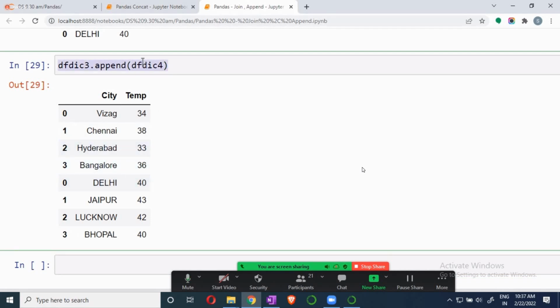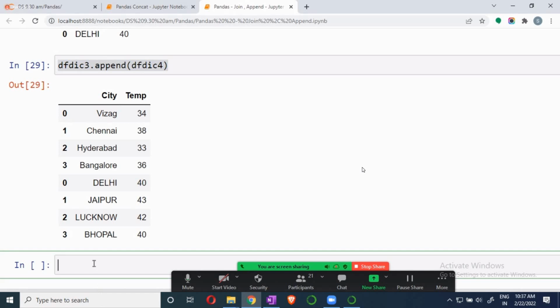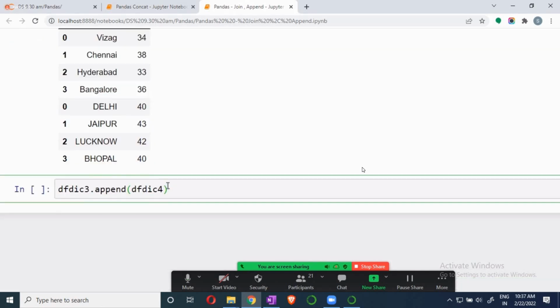But if you want to remove these indexes, guys, then we have something called